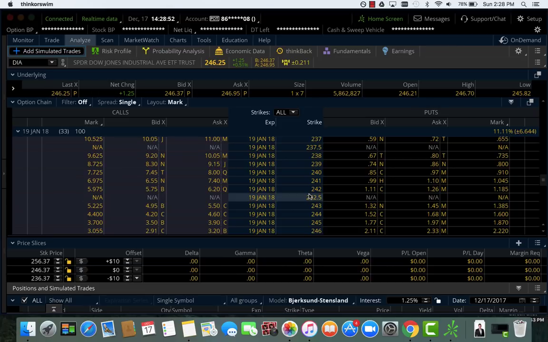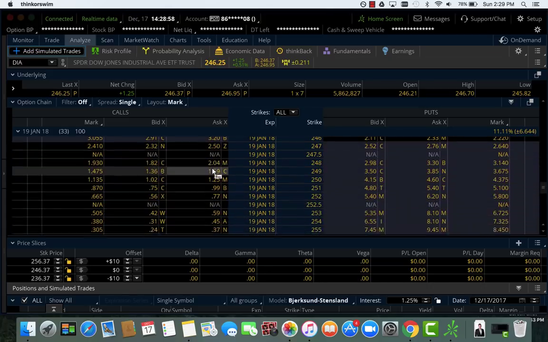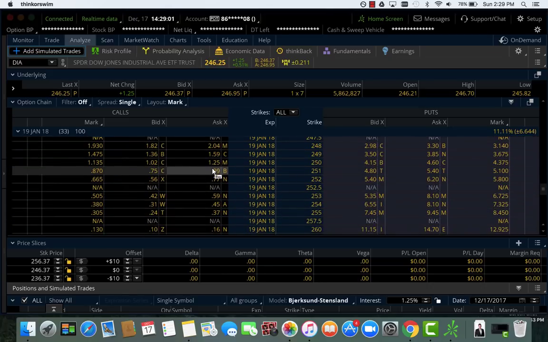So if we look at puts, and let's say puts $10 away from the current price of stock, and we see they're 59 cents, and then we go over to the calls that are the same distance away, and it doesn't have to be $10, it could be $1, it could be $2, it could be $5, it could be $30, whatever it is. And then if we go to the opposite side, the calls, let's say $10 away, and rather than this being 30 cents, let's say it was more than 60 cents. That would be an example of reverse skew. And we know when there is reverse skew, when calls that are the same distance away from puts are higher priced than those puts, right?